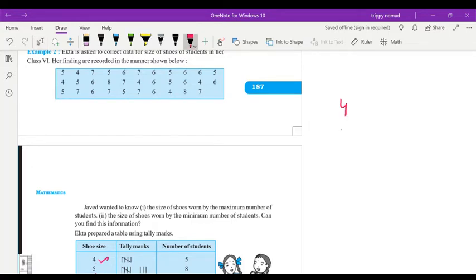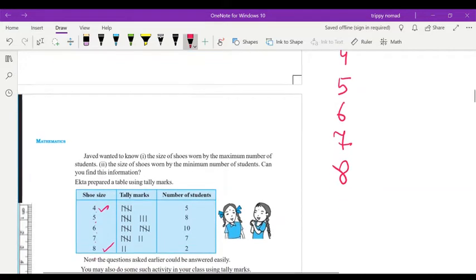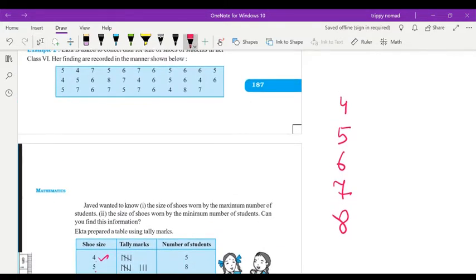Here you have the data, but I will give you questions, so I am writing here 4, 5, 6, 7, 8. Okay, so how will you see? First number 5, so we will put here 1, then 4, I will put here, then 7, then 5, then one more here, then next one I am putting a dot, 6, then 7. You see here, second, then 6, this one I will put here, then 5, then 6, then again 6, then 5, I will put a mark here. For the tally mark I am showing you.